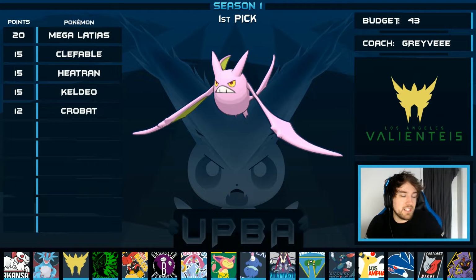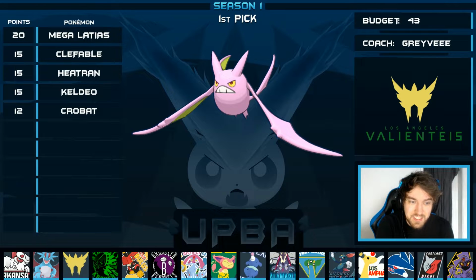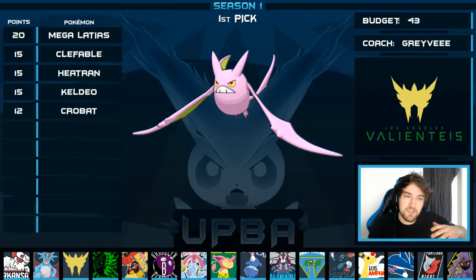Starting off, I picked up Crobat, and Crobat is one of those mons that doesn't have the best offensive stats, but it's very quick and surprisingly bulky. Again, another bulkier mon, but it really wants that base 130 speed stat. That's generally a point where I like to have a 130, then a 115, then 110, and then 100. It's somewhere around there, because